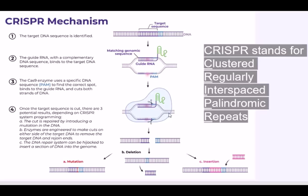So this guide RNA is the most important thing. We can take this guide RNA and take this target, and this will go to a DNA sequence within any entity. It can be an animal DNA, plant DNA. Once it goes there and detects that, Cas9 will take over and chop it off. So this, in a nutshell, is how we can specifically target a sequence within a plant. DNA within the plant, which makes the plant do something which we don't want, right? We chop it off, and then the DNA repair system will fill up the space,